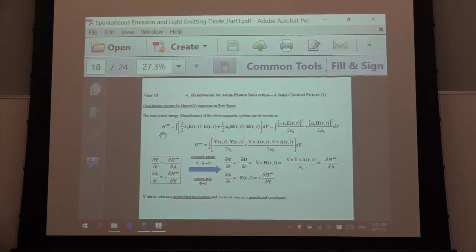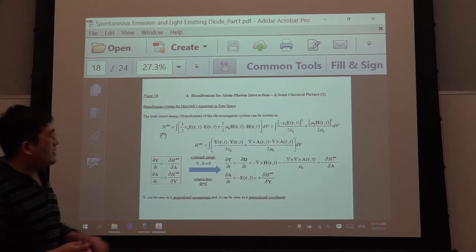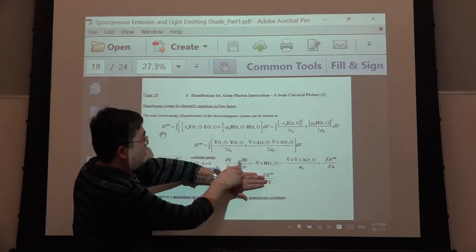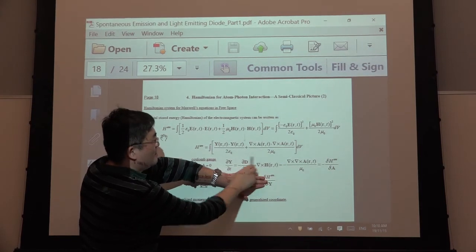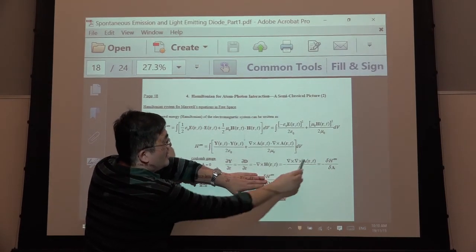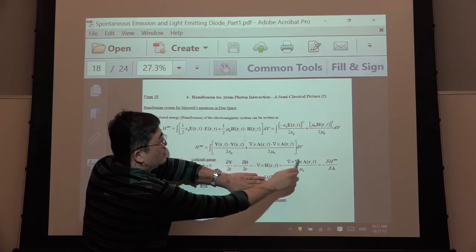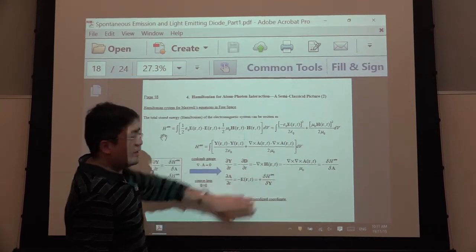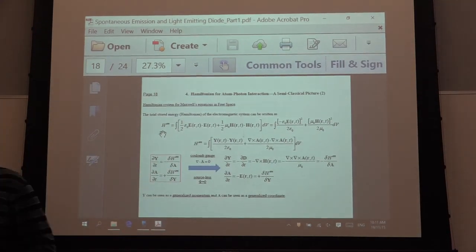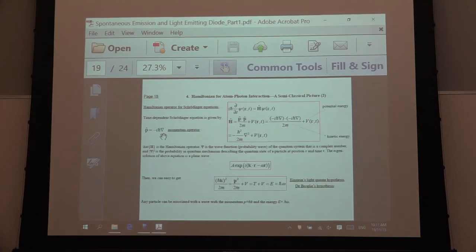The governing equation is Maxwell. You can see here, this is the first equation. This is Maxwell. I just use the A field: the B equals the curl of A. This is just the Maxwell equation. I'll finish this part next.